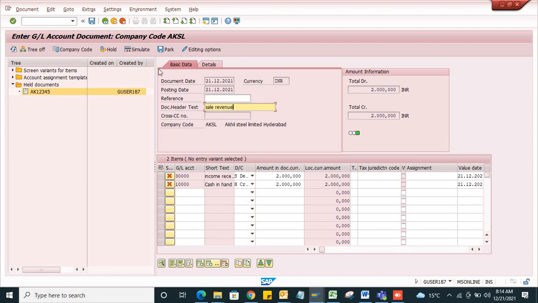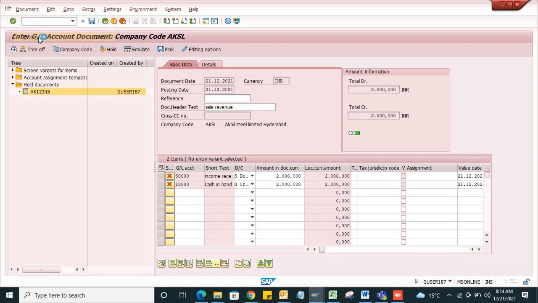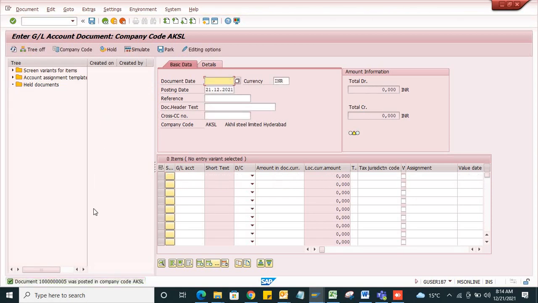Now again I will go to the menu bar and click on the post button. See, this document 1005 has been posted in my company code.